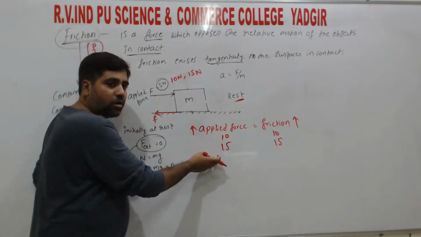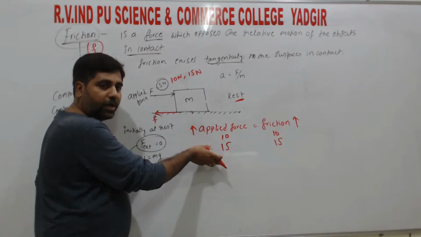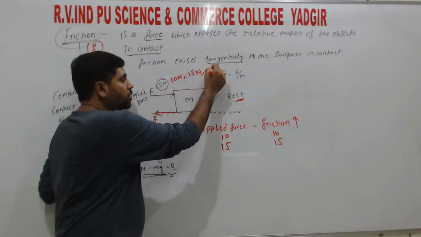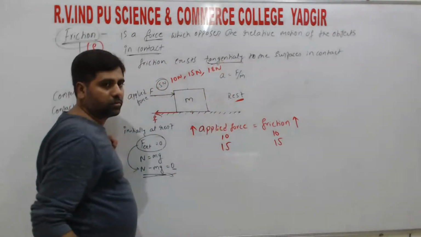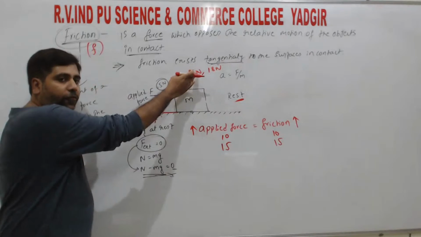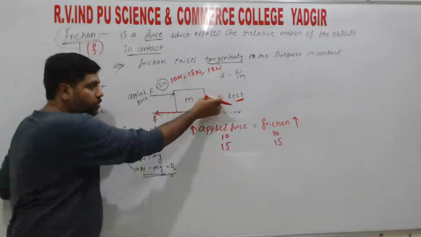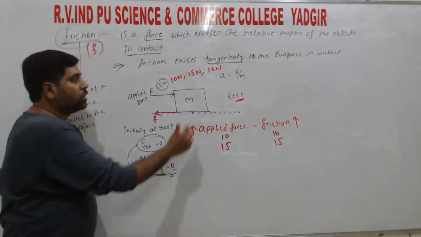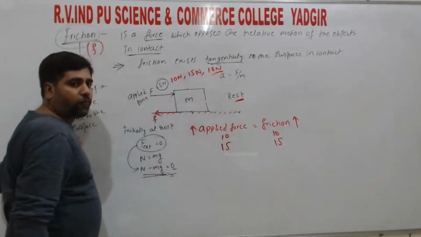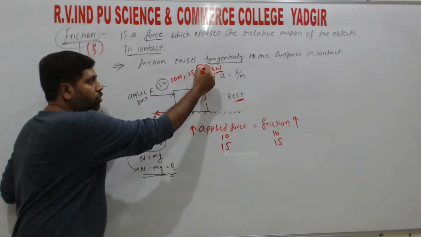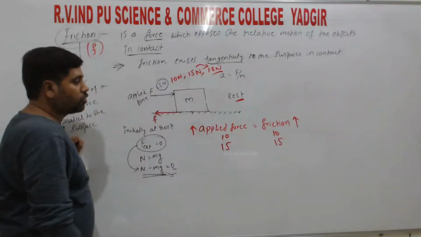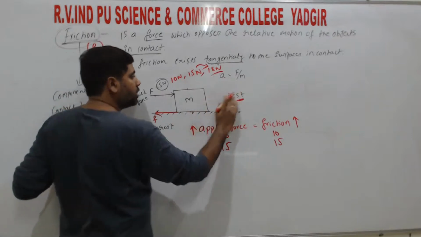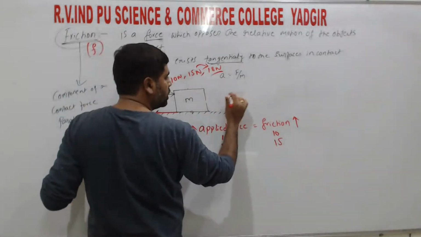So this continues up to a certain limit. Now I will increase the applied force to some 80 Newton, right? Initially we applied 15 Newton, and even then the object is not moving. That means the object is at rest. Now slightly increase the force from 15 to 18 Newton, right? At that time the object will start to move, right? So from rest, it starts to